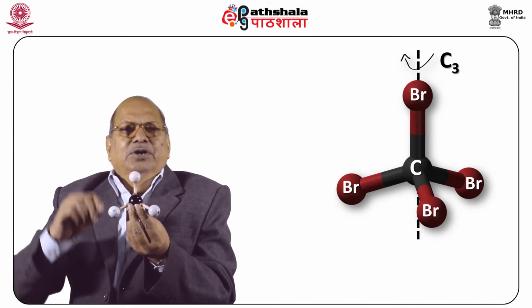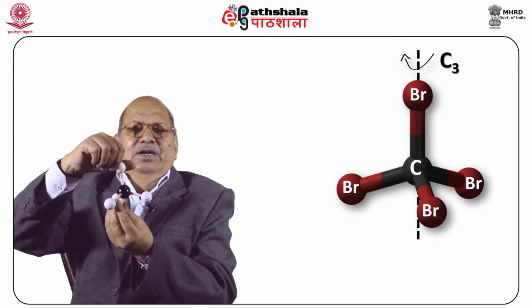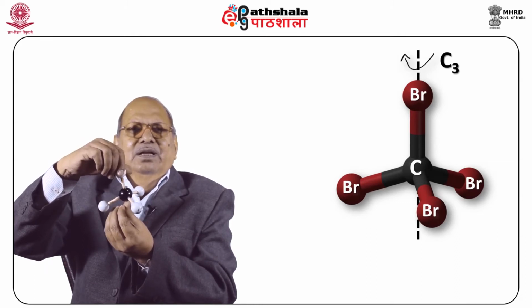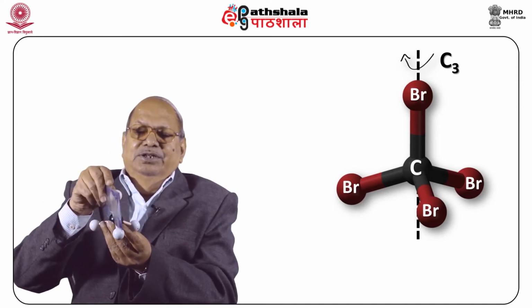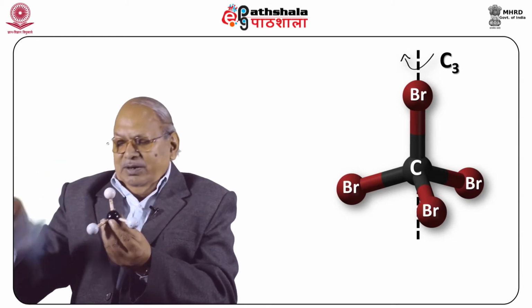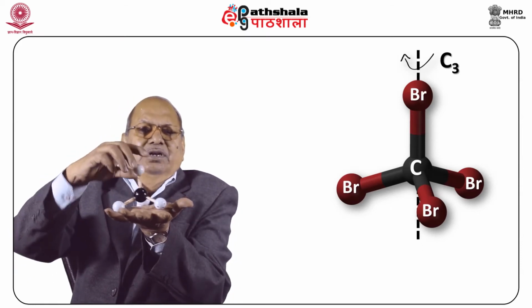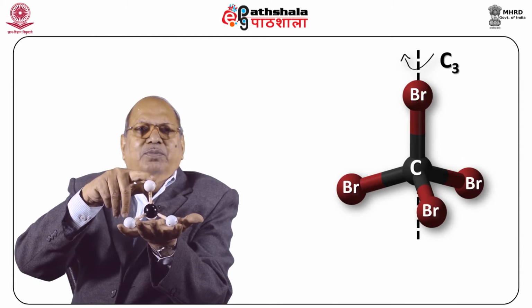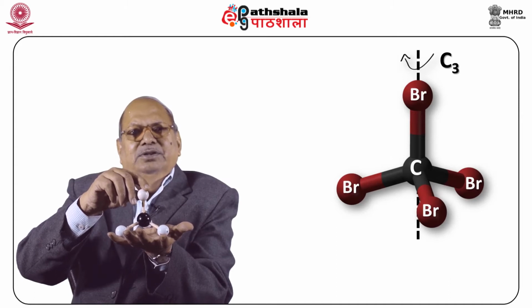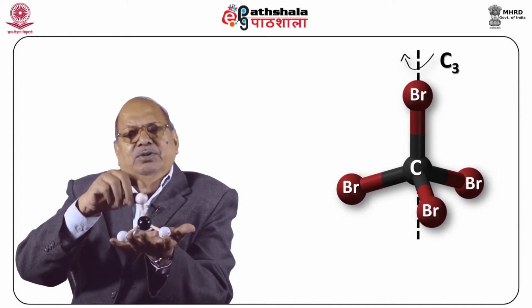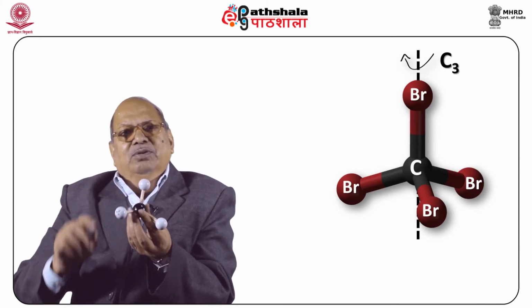Now in this molecule, this is my C3 axis, and these are my mirror planes. This is one, this is like this, and this is like this. So I have C3 along one of the carbons, and these are the base bromines, and this is the top bromine. So I am having a C3 axis. How many such types of C3 axis do you find? There are 4 C3 axes in this molecule. That is, if I put this, this is another, and like this the molecule has those.